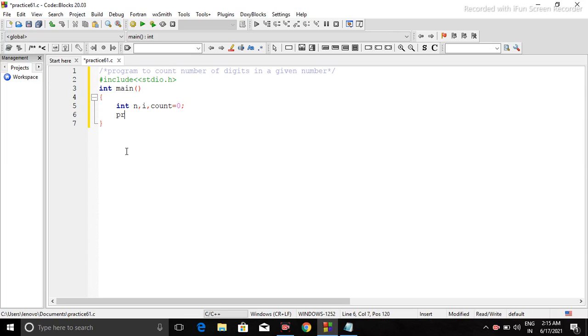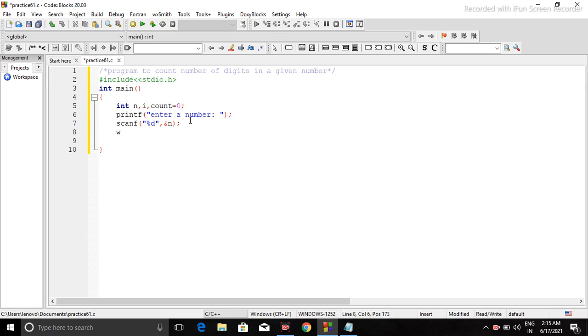First I will instruct my user to enter a number, and by using scanf I will get the number from the user. The next step will be applying the while loop.